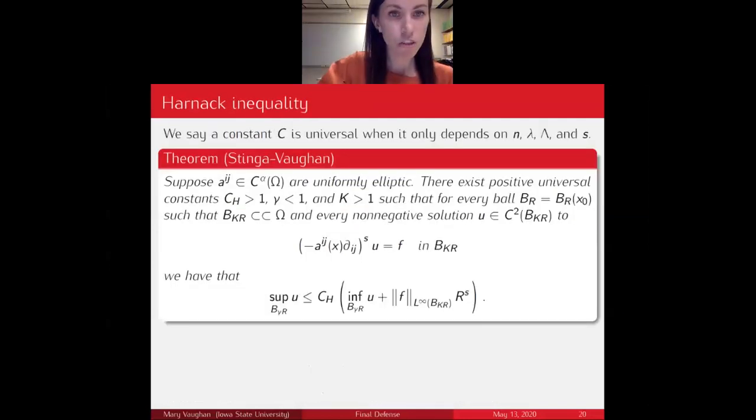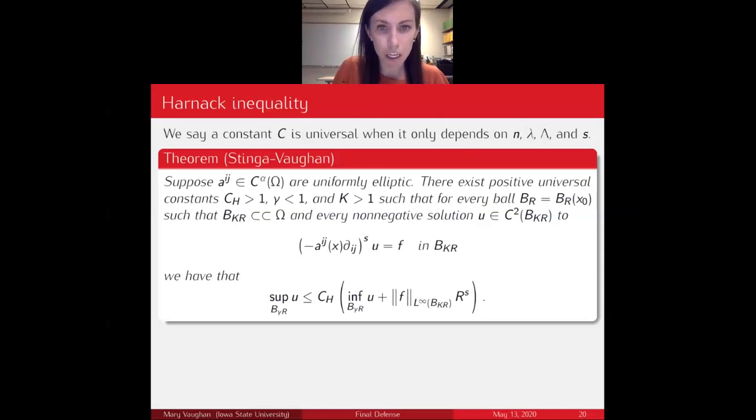Okay. Now we state the next main result. So we suppose that our coefficients are Hölder continuous, and then we show that there exist positive universal constants. So here, when I say universal, I mean that they only depend on dimension, the ellipticity constants, and the power s. So there exist constants c, gamma, and k, such that for every ball, such that when I enlarge the ball by k, it's